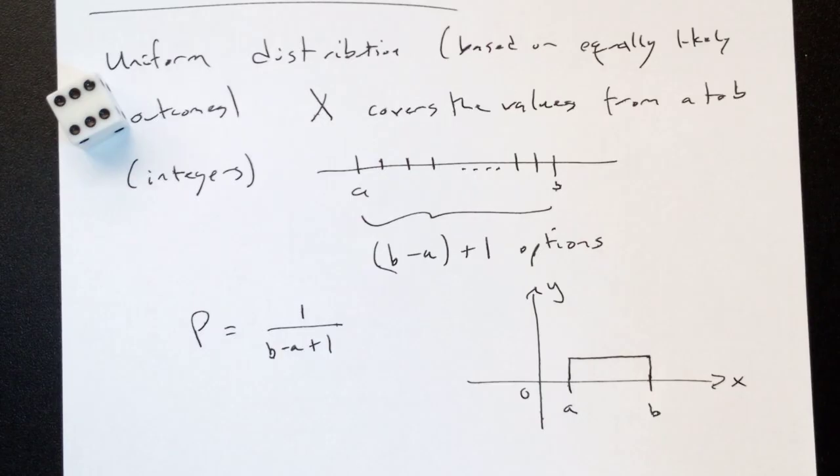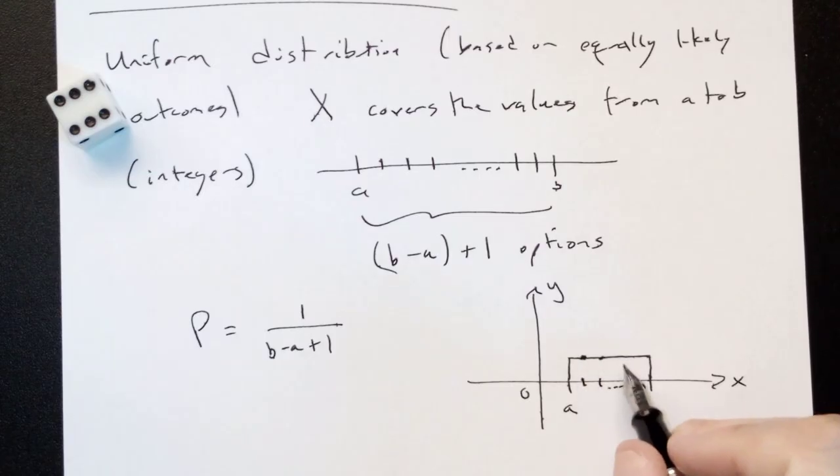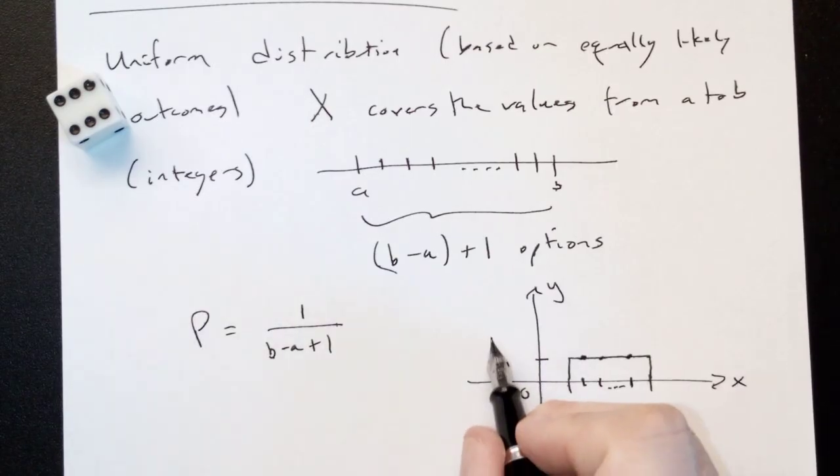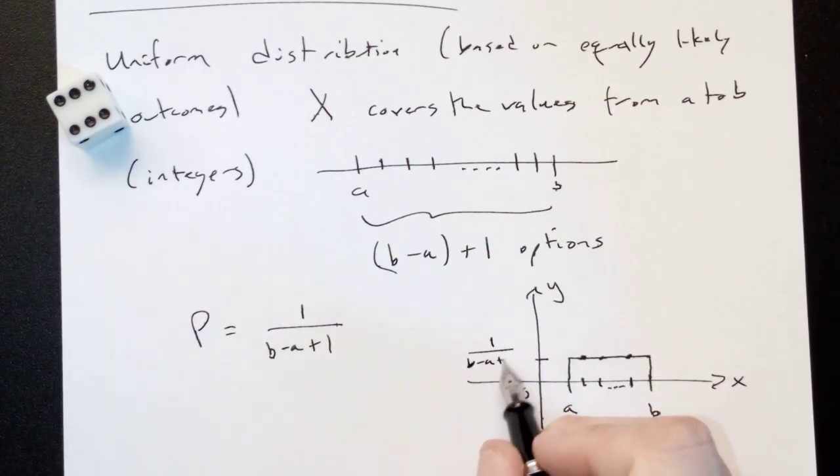And in this case, I would think about each X value in here having a height, and that height is 1 over B minus A plus 1. I think of this as a straight line. It turns out